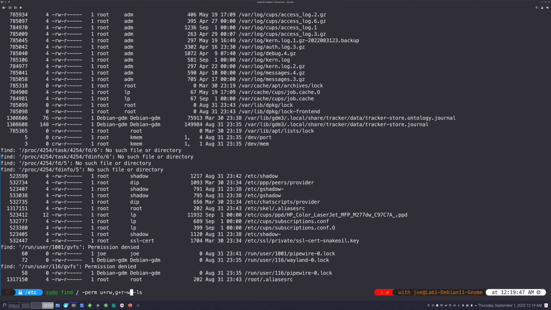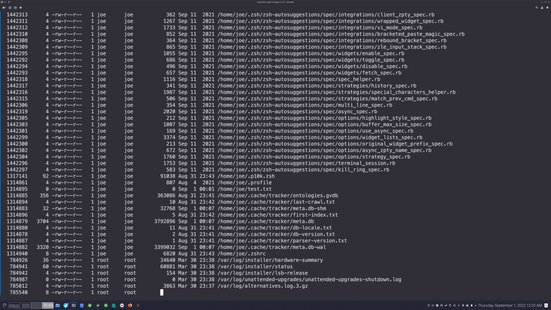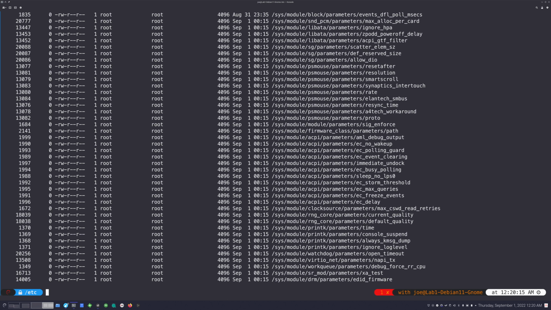So if I want to say not write, you can do a minus, and it will find every file that doesn't have that. You can do them together, and of course you can also add in the world permission or the anyone permission. So you can say any file that has plus r there as well. And it's going to find all of those files as well.